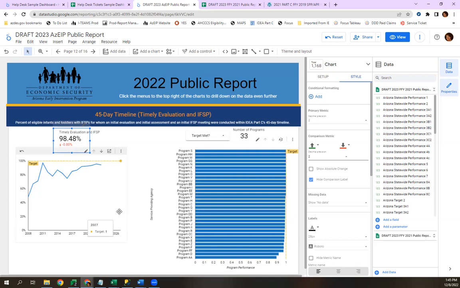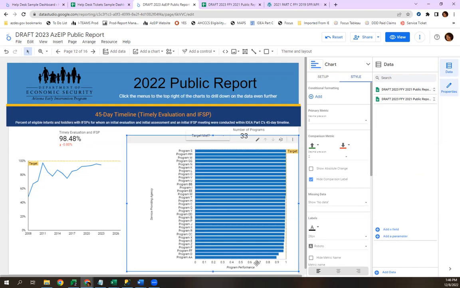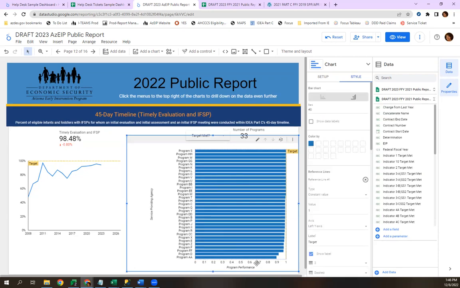You can do it as percentages. You can do it as decimals, any type of thing. I started this report as decimals, but we report it as percentages because that's just easier to visualize. But because I had it in decimals, down here it's in decimals, and I don't like that. I'm going to change that to make it easier for all our public who's looking at this to see